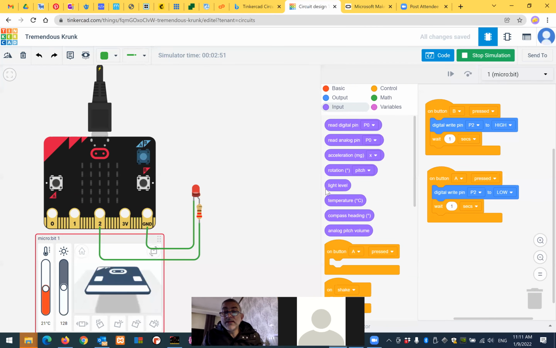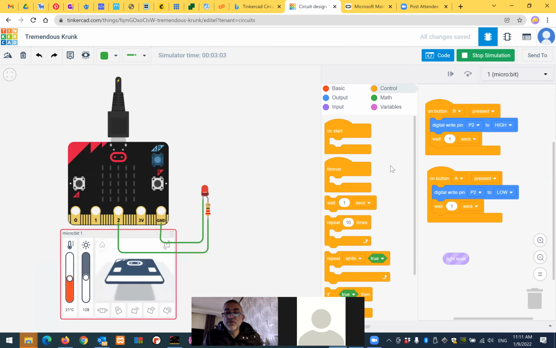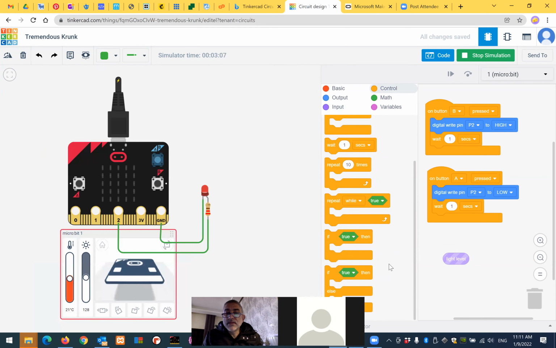Of course, I will need the light level, as you can see here. Okay, and I will go up with the control, and I will take the